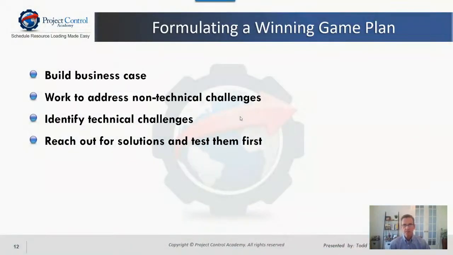reach out for solutions, and not just internally. Through the associations, they have boards and forums where you can put out questions. I'm sure there are other people out there who are more than happy to share their experiences or solutions. Some might want to keep it close to the vest, but there are many people who are happy to share.